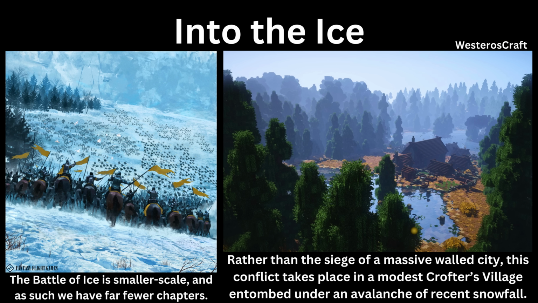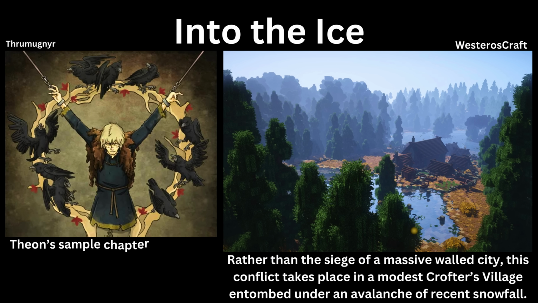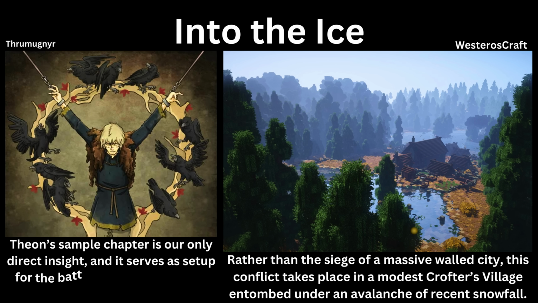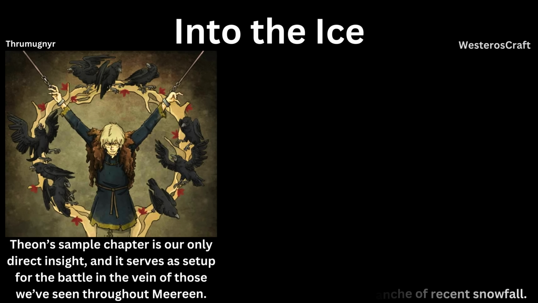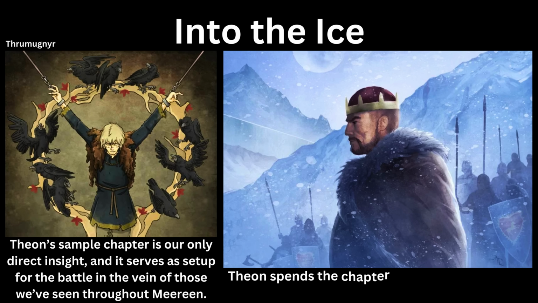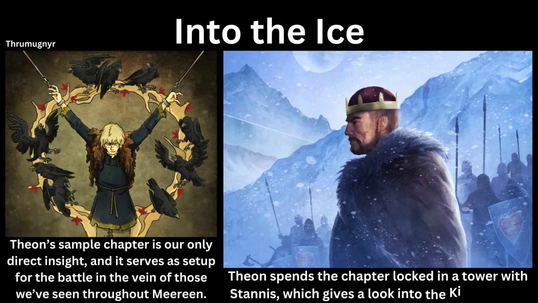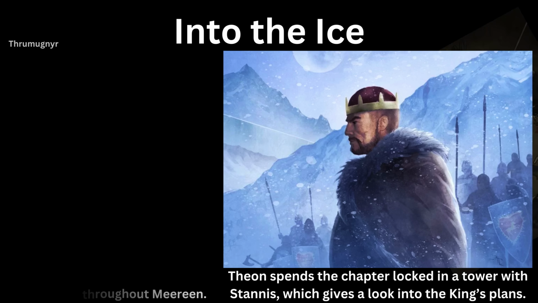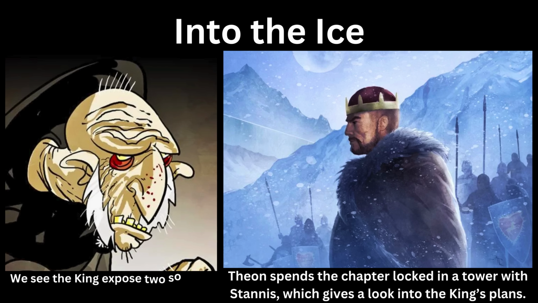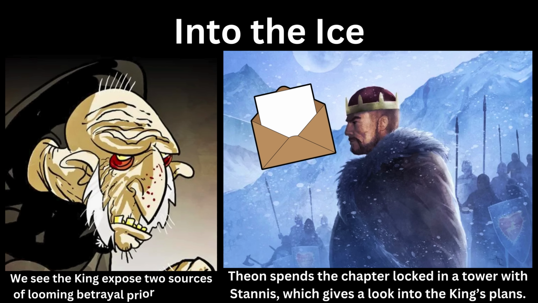We have Theon's sample chapter, which is detailing not only the lay of the land, which is very well set up in Asha's The Sacrifice chapter in A Dance with Dragons, but we get to see, within Stannis' head, some of his planning, as well as certain elements of betrayal that were poised to damage Stannis and his campaign having been discovered and rooted out. Most notably the Karstarks: Stannis gets this letter from Jon and eventually finds out that they are planning on betraying him, so he imprisons all of them.